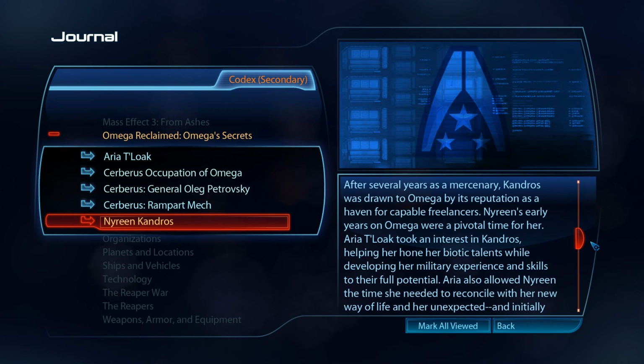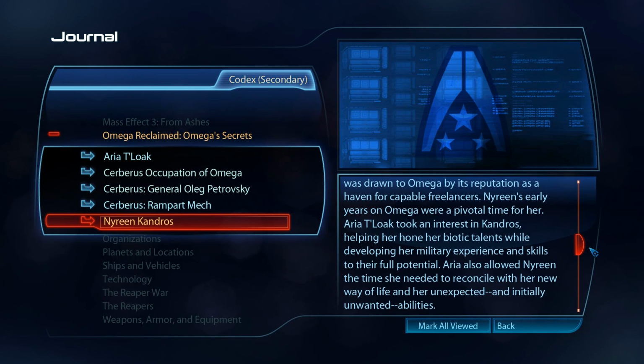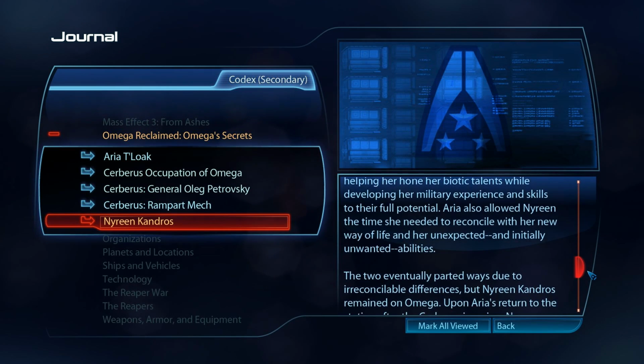After several years as a mercenary, Kandros was drawn to Omega by its reputation as a haven for capable freelancers. Nyreen's early years on Omega were a pivotal time for her. Aria T'Loak took an interest in Kandros, helping her hone her biotic talents while developing her military experience and skills to their full potential,